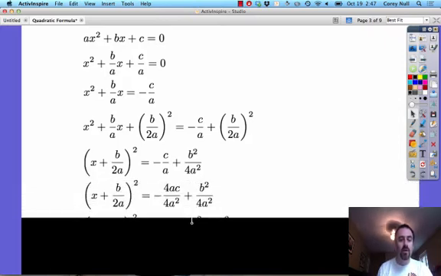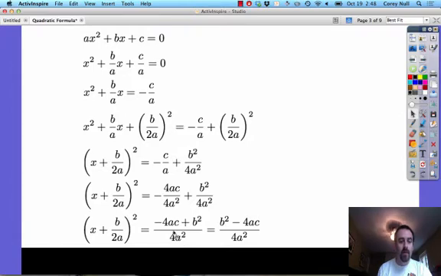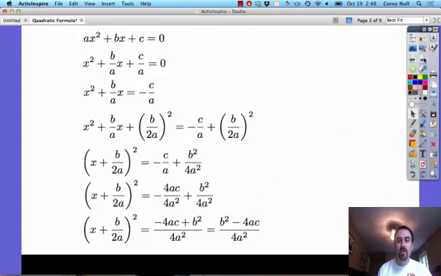Well, first of all, I'm going to simplify the right-hand side by combining into one fraction. So I multiply this fraction here by 4a so that I get a common denominator. I get 4ac here, and I get 4a times a, which is 4a squared. And now I've done that so I have a common denominator of 4a squared. So I combine into one fraction negative 4ac, because of that negative right there, plus b squared all over 4a squared. And I'm just going to rewrite, so I have b squared minus 4ac over 4a squared. If we continue on the next page,